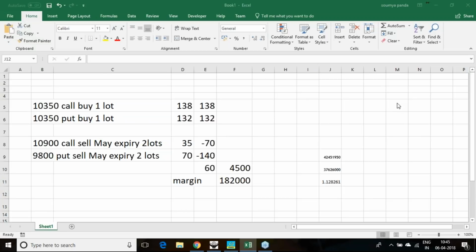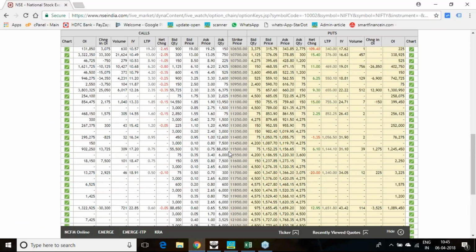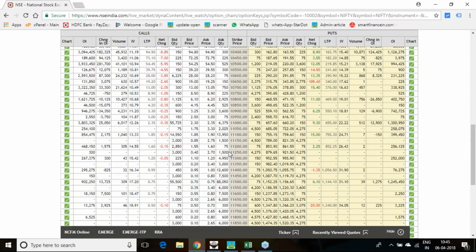In this particular presentation, I am going to release one option strategy in Nifty. For the coming 10 days, what will be the best option strategy we will initiate in Nifty? Before going to the strategy, we will just have a look at the Nifty trend analysis as well